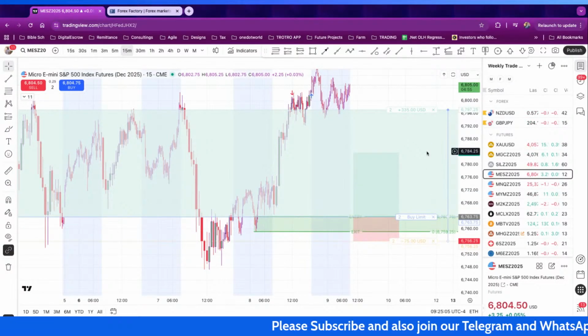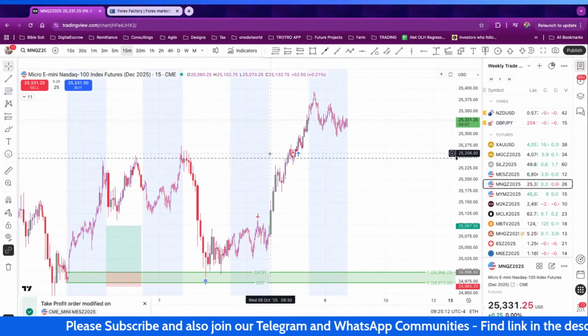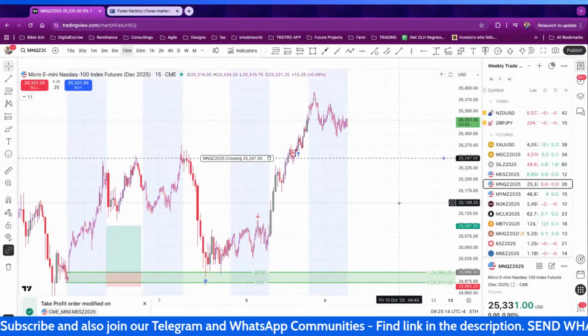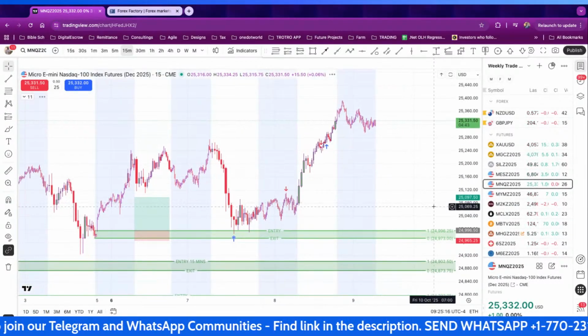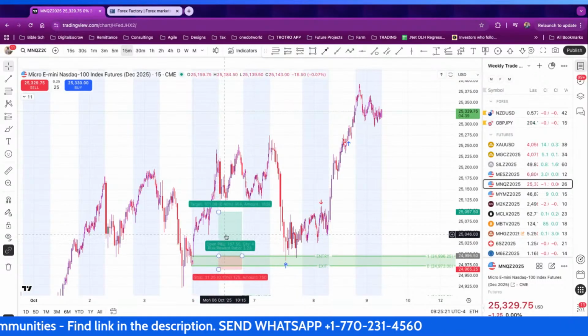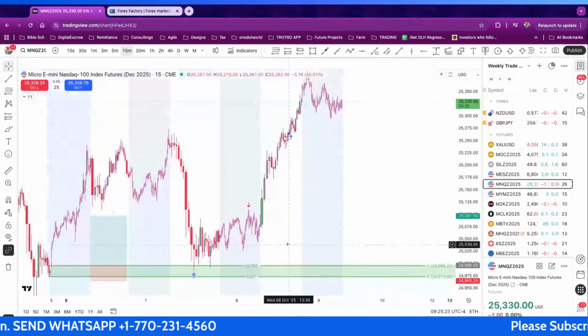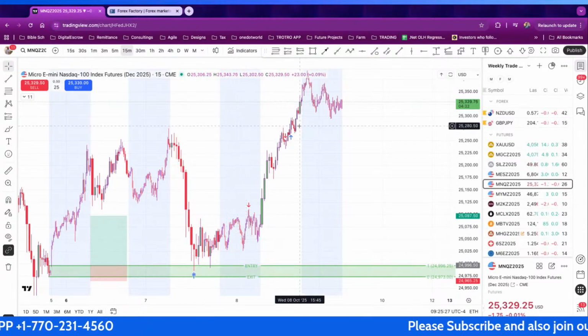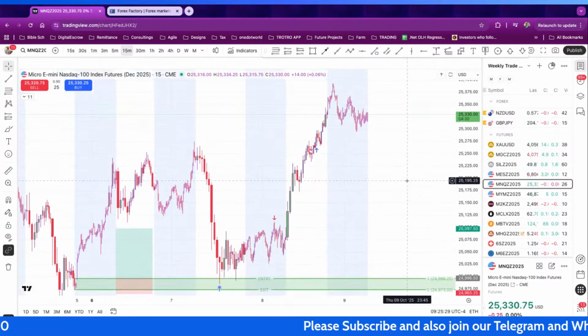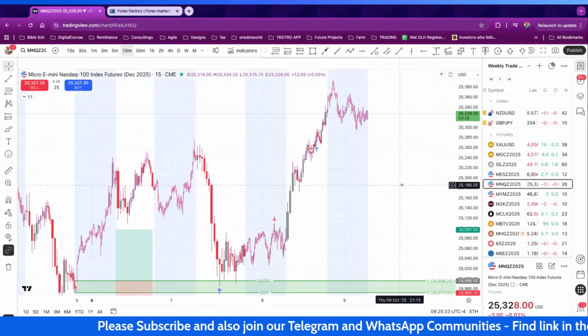All right, let's take a quick look at the NQ as well. We're running behind. The market will be open very soon. This is what we did on, I think, Monday. We picked up a 15-minute zone over here, and the market rallied all the way down, picked up our orders, and then look at where we are right now. If you are in this trade, that is big money.